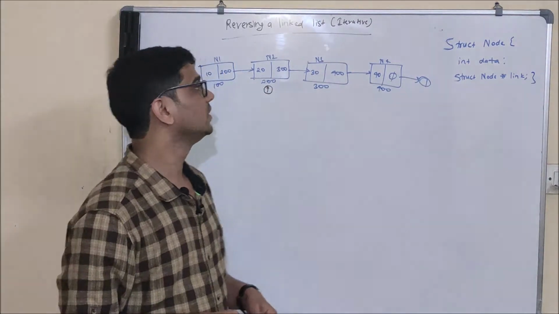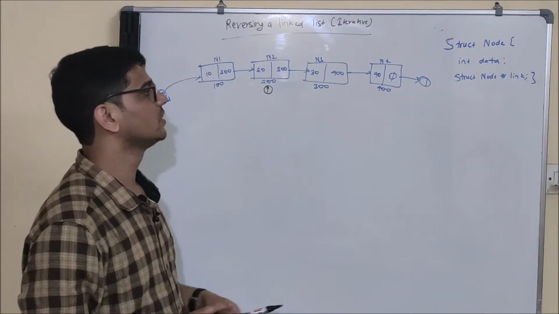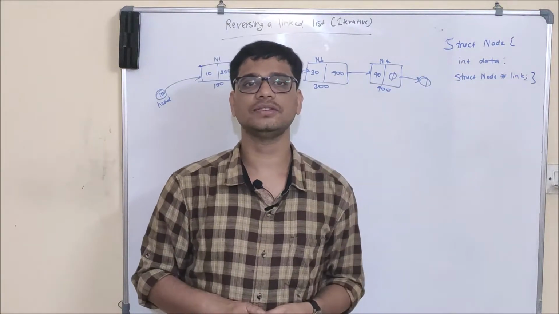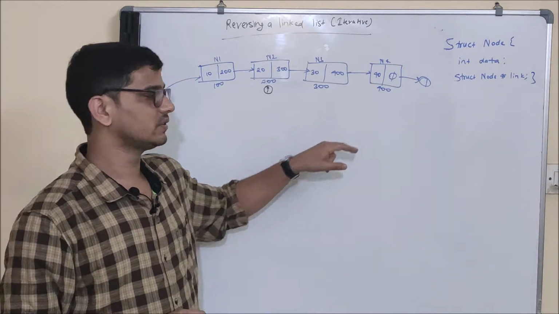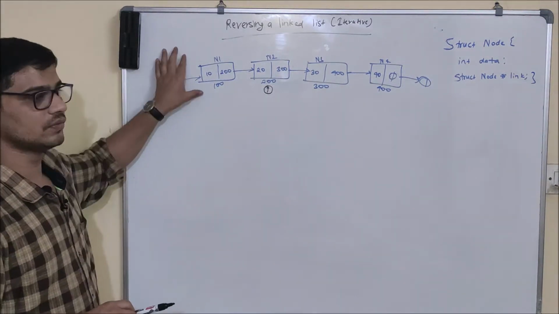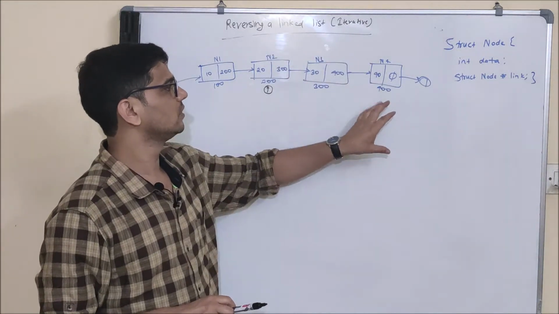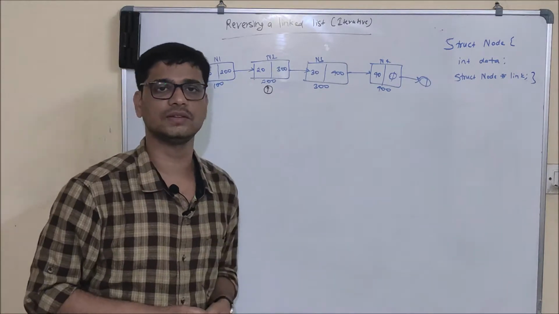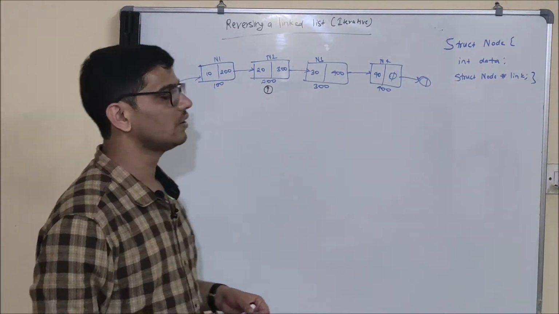Hello friends, in today's video we are going to see an iterative program to reverse a linked list. As you can see here, this is our definition of a node of a linked list, and this is our linked list which we will be taking as an example. Head is containing the address of node 1, node 1 is containing the address of node 2, node 2 is containing the address of node 3, node 3 is containing the address of node 4, and node 4 is pointing to a null address. So to reverse a linked list, what do we need to do?